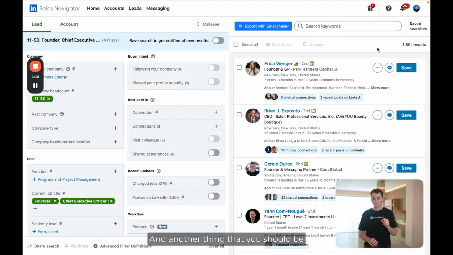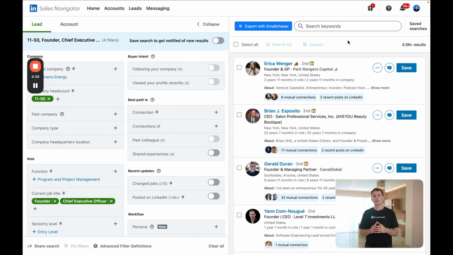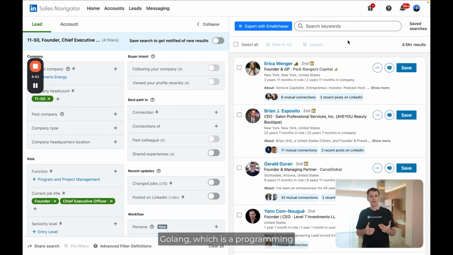And another thing that you should be aware of, which really makes a big difference, is if you're trying to reach out to people that have a specific skill set or a specific thing about them which is really relevant, then you can add that keyword to the keyword search bar at the top. So an example would be, let's say I'm making a list of software engineers that I want to reach out to hire. If my company uses something like Golang, which is a programming language, then I could type in here